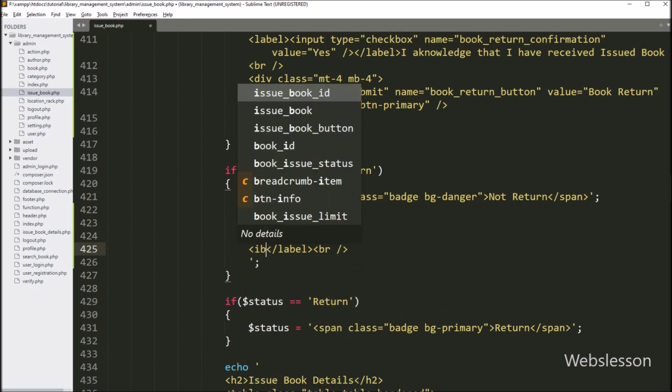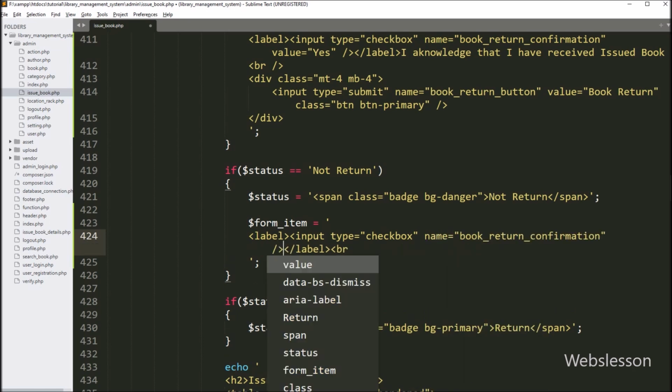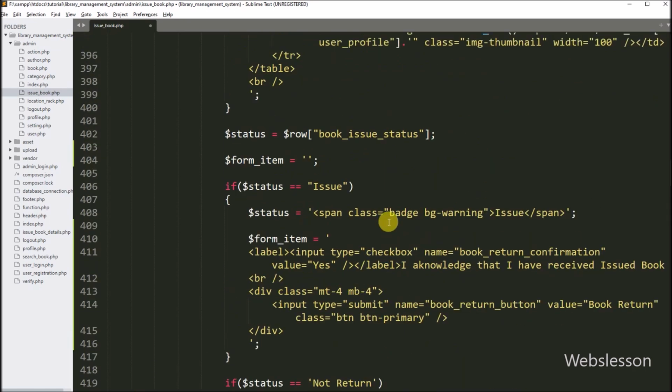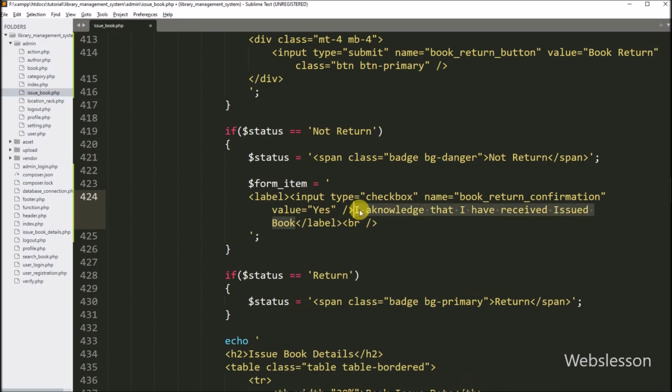Between this, we write input type is equal to checkbox with name attribute equal to book_return_confirmation, and in the value attribute we write yes. After this checkbox, we write text like: I acknowledge that I have received the issued book and also received the late book submission fines.